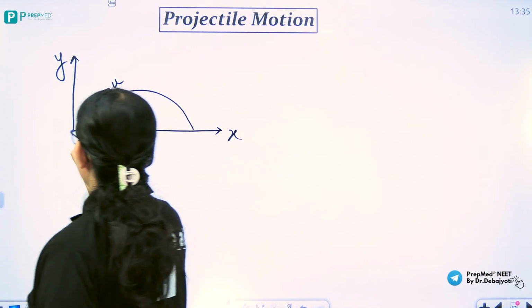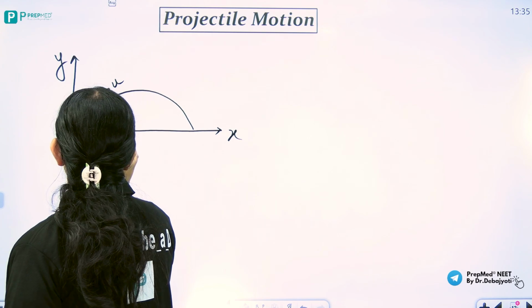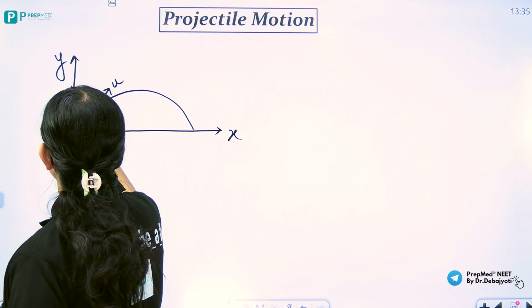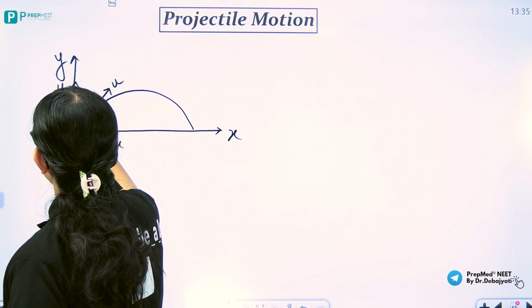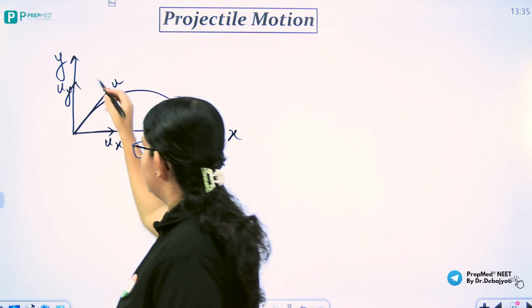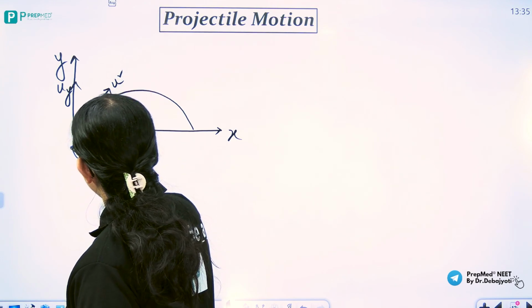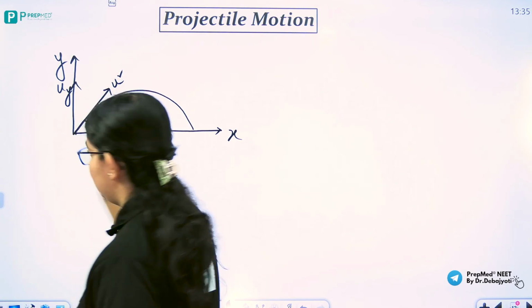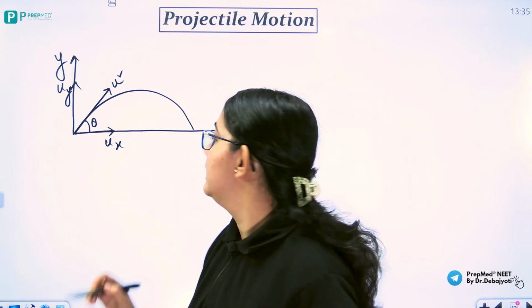Along the x-axis we have the component ux, and along the y-axis we have uy. If the object is thrown at an angle theta with the horizontal plane,